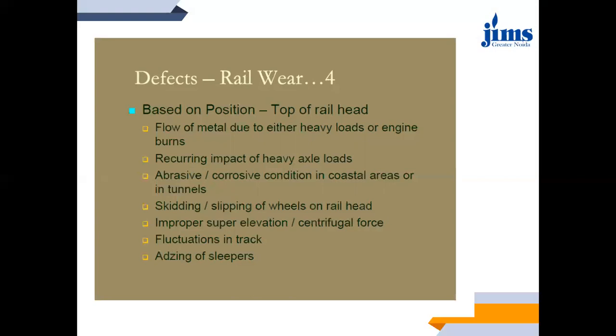This skidding and slipping of wheels mostly occurs during the monsoon season, which reminds me of one more thing that many of you might have observed, that the driver of the locomotive, the loco pilot, carries a bag full of sand. Okay. So why does he carry that sand? Because during the monsoon season, what happens? The rail head has a sufficient amount of moisture. So whenever the traction movement is there, that is the locomotive wants to start, whenever the movement is about to start, there is one phenomenon which happens, that is slipping of the wheel.